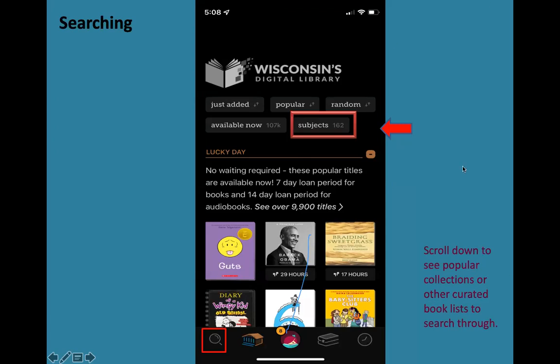So when you first log into Libby, it starts off in your digital library. This is going to give you some popular collections that are curated by the librarians that work at Overdrive, and you can just scroll through them. The day that I took the screenshot, they had Lucky Day items, which is like our serendipity that we have